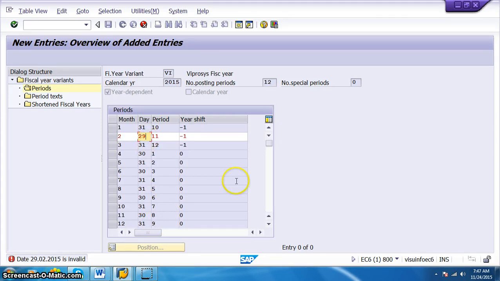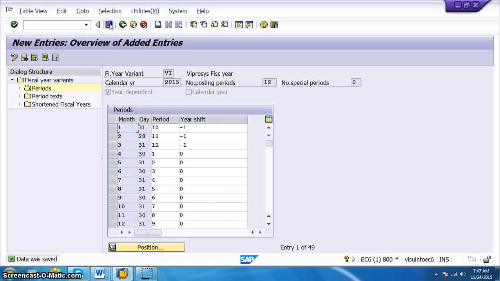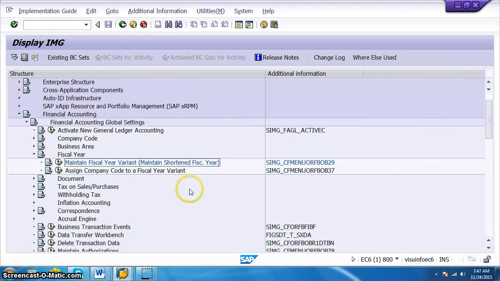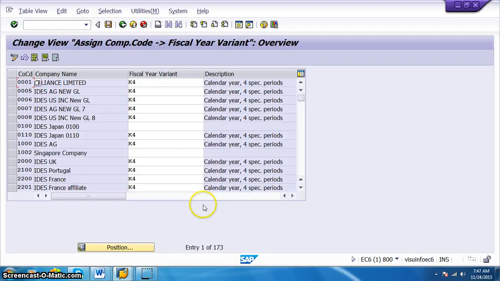Okay, so in the year 2015 we just have 28 days, so I just change that, and then back. And once this fiscal year is completed, we need to assign the fiscal year to company code.